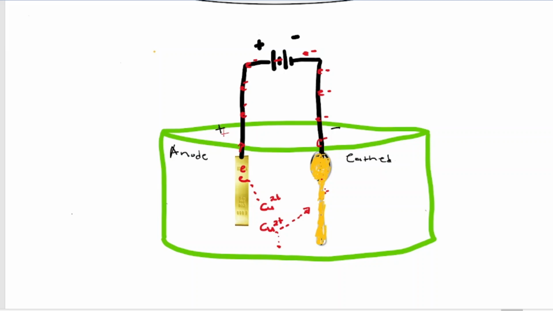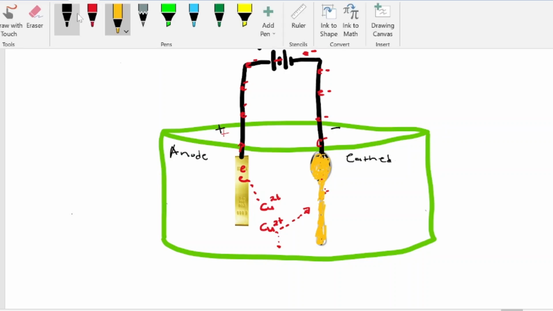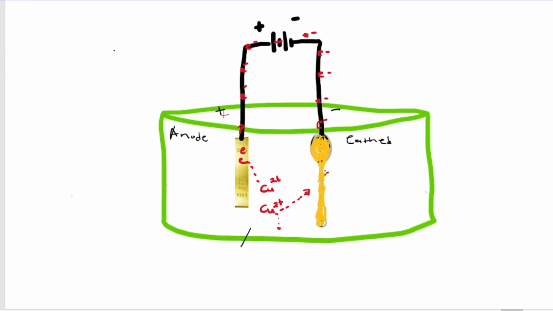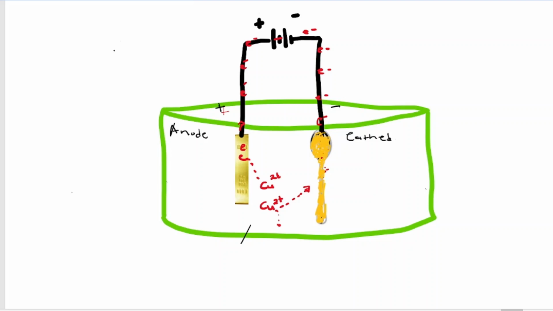It will change color up until like that, and up until the reaction is done. And after that, you can see the whole spoon will be copper. Okay. So the other thing that you need to understand before I write the half reactions is that the solution that you need to put inside there, it has to be the solution of what? It has to be the solution of copper sulfate,